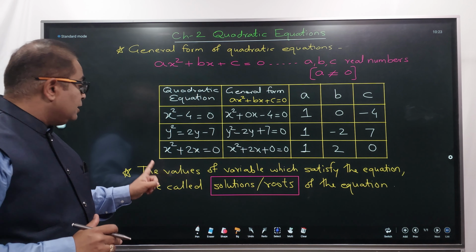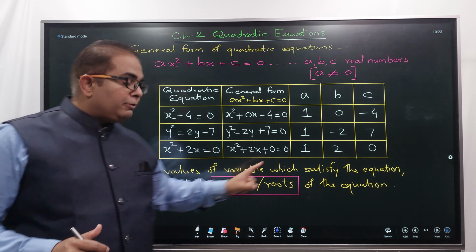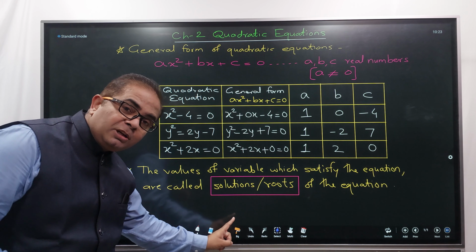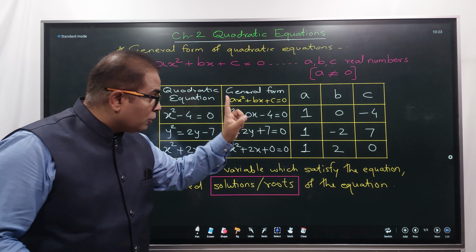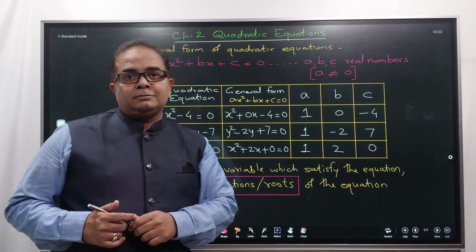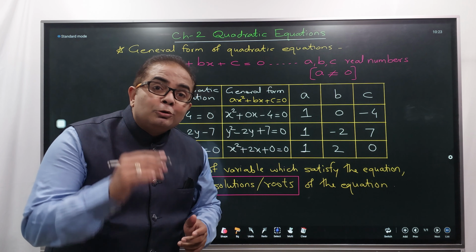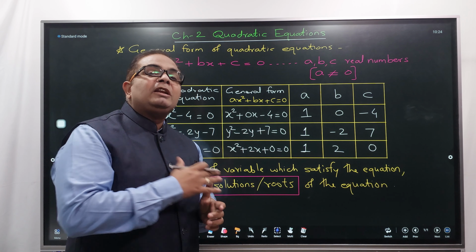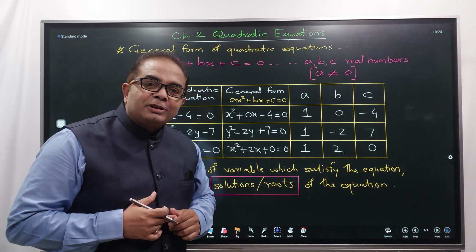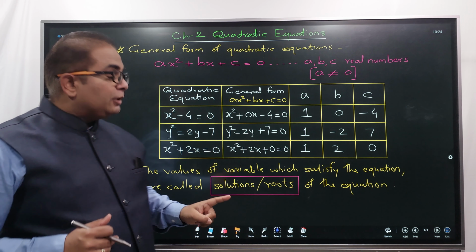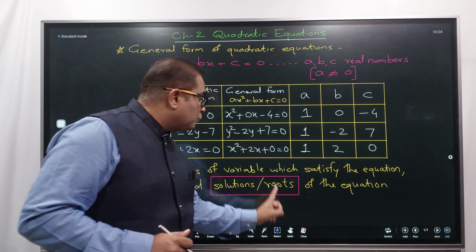And what will we call it? The values of variable which satisfy the equation are called solutions of that equation, or they are also called roots of the equation. Correct? Like in the previous chapter we used to write solution, what is solution in the first chapter? Values of x and y, right. Here there is only one variable x, or here the only variable is y, right? Then we get two solutions. Values of x will be 2 times, and those values are called solutions, or they are also called roots